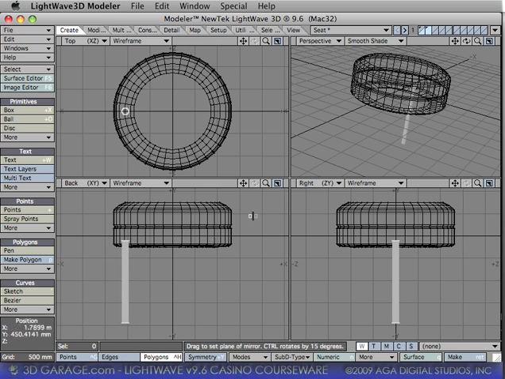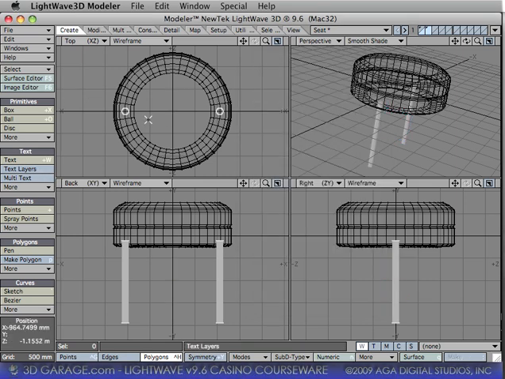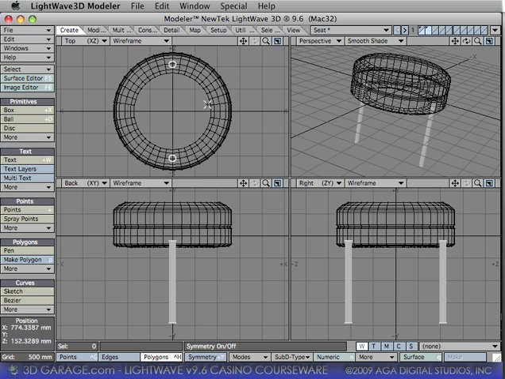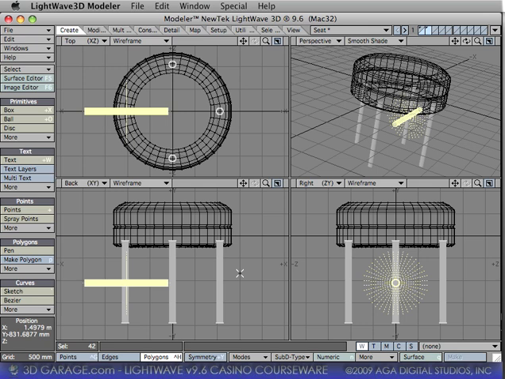And then Shift V, hit N for numeric. Make sure that's over the 0 axis for the X, and you get a perfect mirror for that. Command C to copy. Press the R key for rotate, but before you do that, make sure your mode is set to origin. Then press the R key with your mouse in this view, and that will rotate it perfectly. And then you could paste down the other ones. And then you can take one of these, Command C to copy, press the R key again in this view, Command V to paste